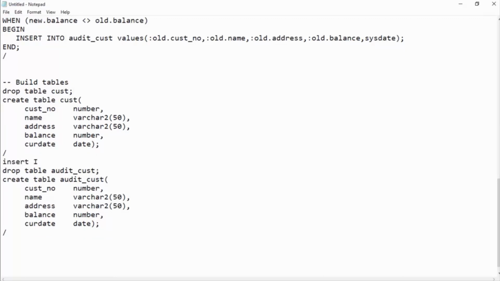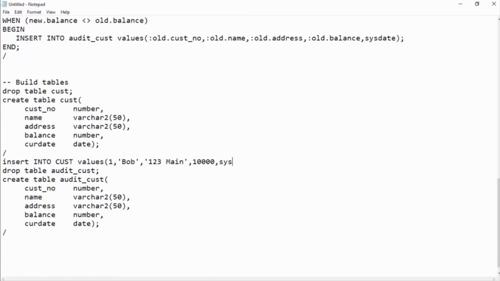Insert into cust values, and we'll put customer number 1, and this is Bob, and Bob lives at 123 Main Street, right, or whatever, and he has a balance of $10,000, and for the current date, watch what I'm going